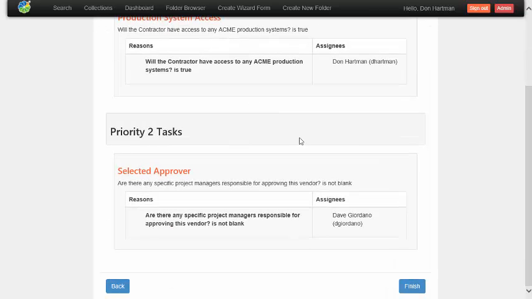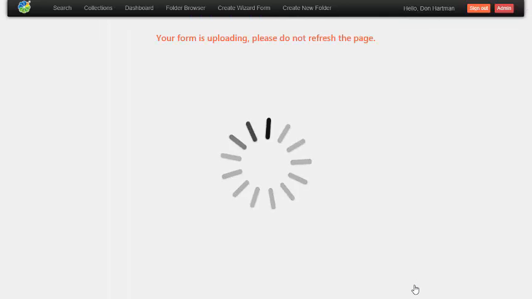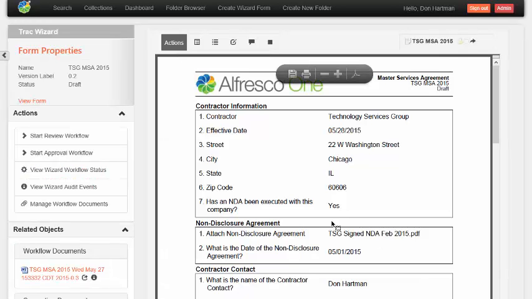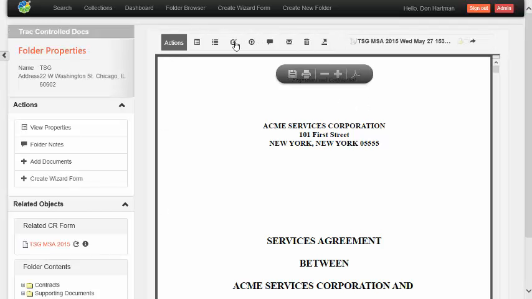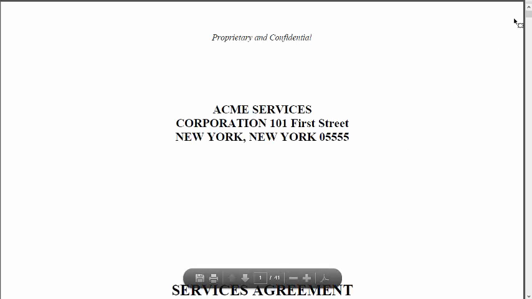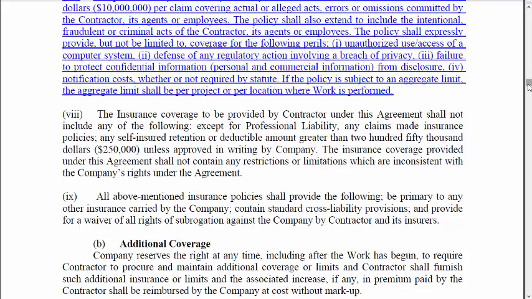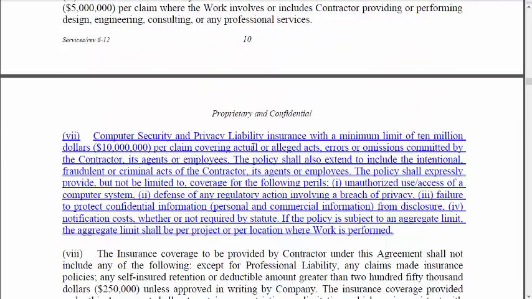View our workflow. We'll see that this will now be routed to both Don and Dave, and click Finish. Now in the background this is recreating our contract and it will upload it as a 0.3 version. So again, we can go and click on our contract, and we can use the View Versions to double check that our clause has been added correctly. Now we can scroll down to where that clause is included,